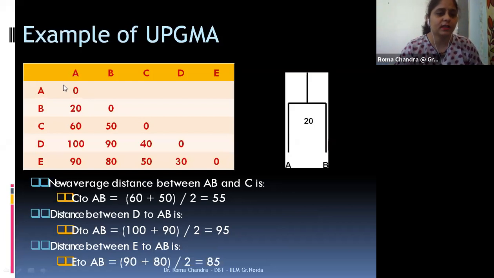Like you can see here, A and B have a distance of 20. While aligning A and B, I just search out how many mismatches there are. So this is the simple Hamming distance method, calculated by just searching out the mismatches.